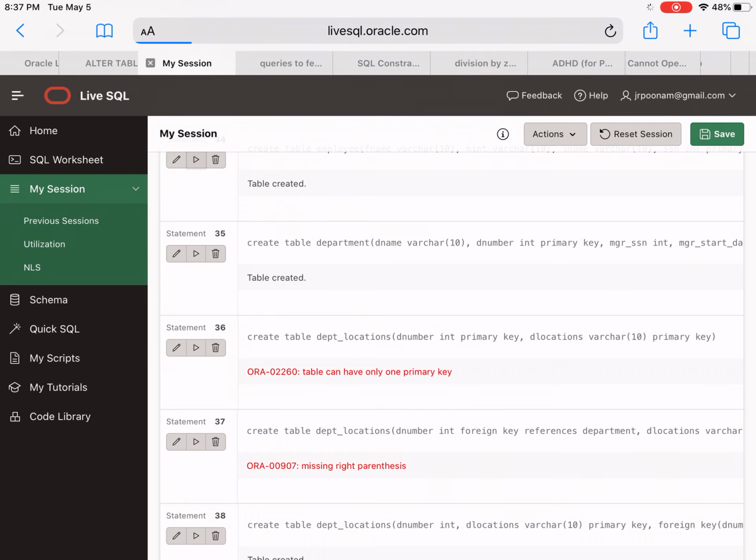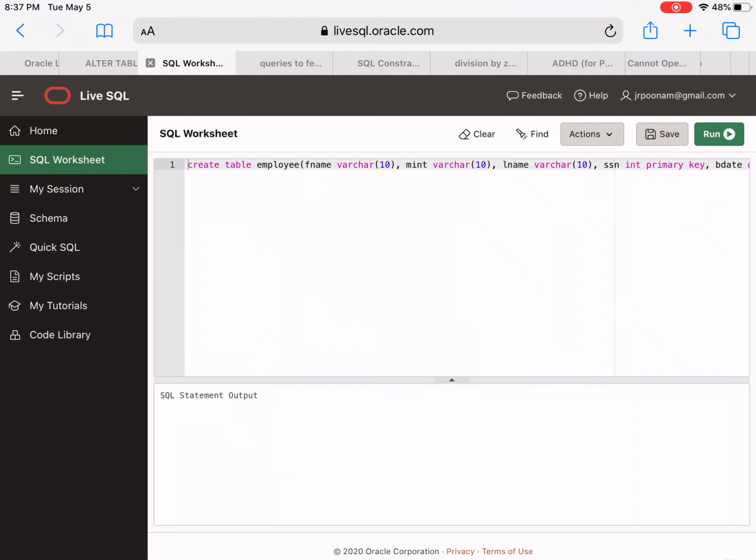If I run it, you can see it is exactly according to how the table is given in your book. So it simply goes create table employee, because employee is the name of the table, and then first name, which I've given as varchar 10, then middle initials as varchar 10, the last name as varchar 10, SSN.